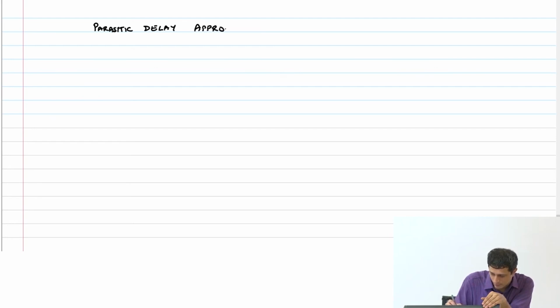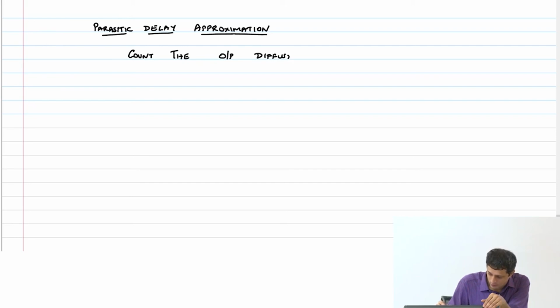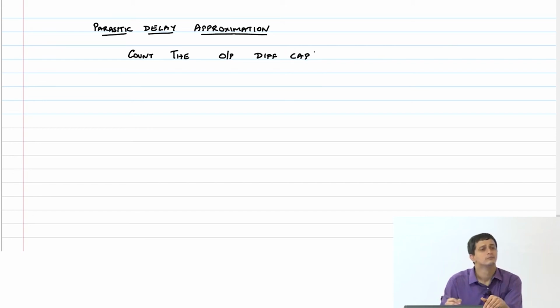As an approximation, simply count the output diffusion cap, let me say. Okay. So if I have, for example, NAND 3,